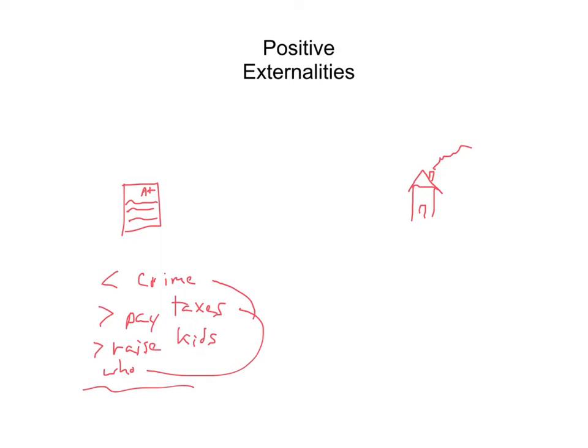So what is the externality there? The externality is that they are less likely to, well, I don't know, maybe they're less likely to commit crime or more likely to take care of their home. If you rent things, you're not as likely to take care of them. Okay, you pay more taxes. Kids who are raised in homes that are owned, we think might do better.